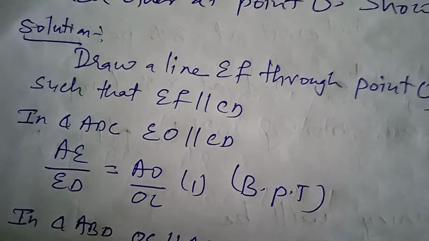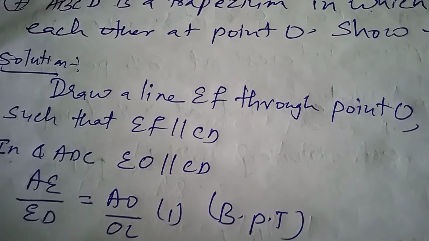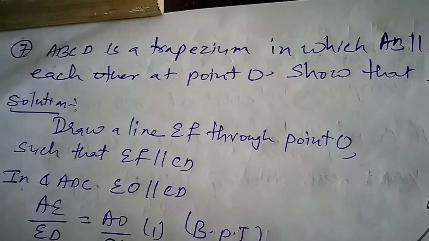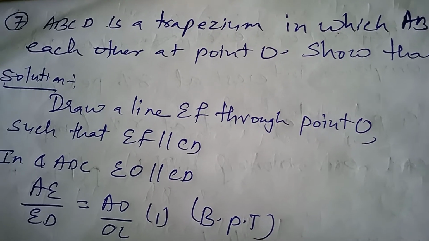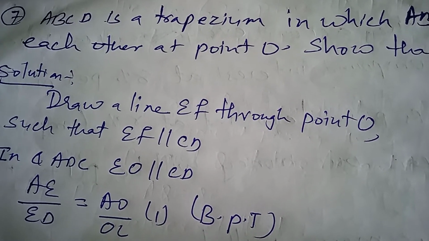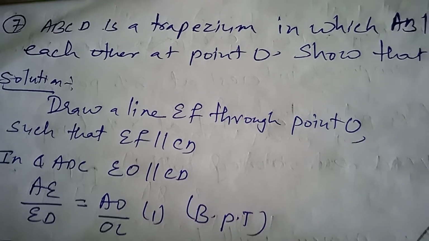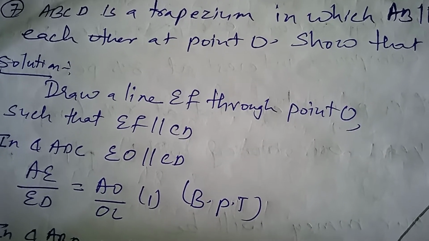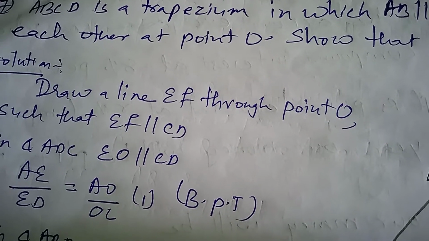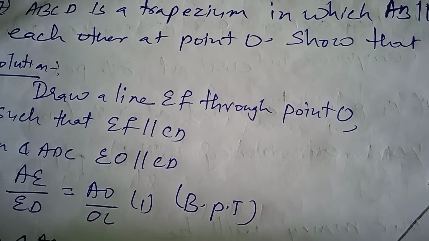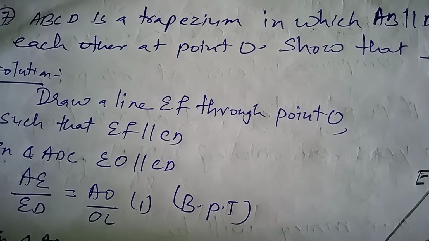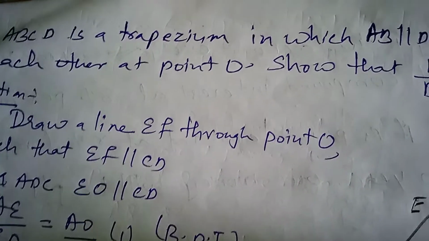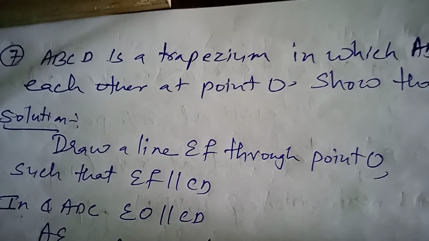Here, according to the board paper pattern or the syllabus given to us in 10th standard, in the geometry section, in the triangle lesson, 4 mark theorems will be there compulsorily, and whatever proofs we are solving are in the internal option. But for the sake of preparing for the internal exam, we have to prepare these proofs. And for the board exam, we have to prepare the theorems compulsorily.